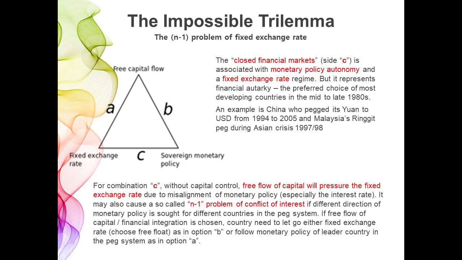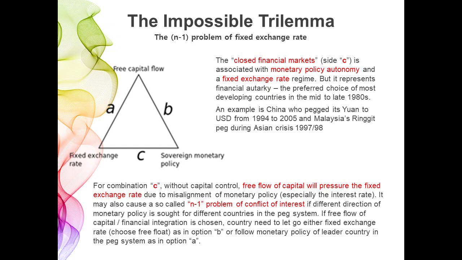The closed financial markets, side C, is associated with monetary policy autonomy and a fixed exchange rate regime, but it represents financial autarky. This is the preferred choice of most developing countries in the mid to late 1980s. An example is China, who pegged its yuan to USD from 1994 to 2005, and Malaysia's ringgit pegged during the Asian crisis 1997-98. Combination C: without capital control, free flow of capital will pressure the fixed exchange rate due to misalignment